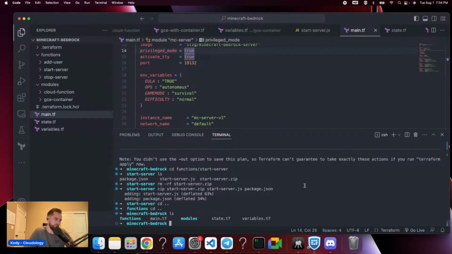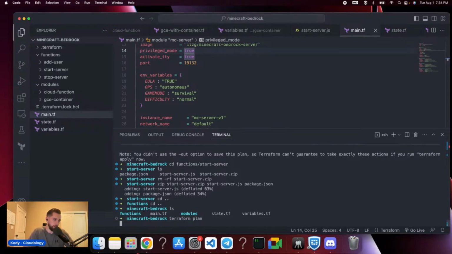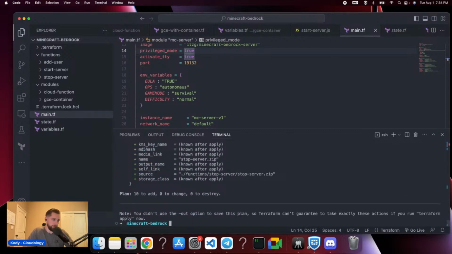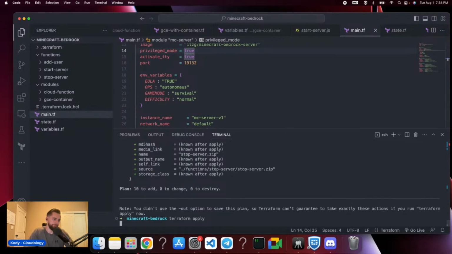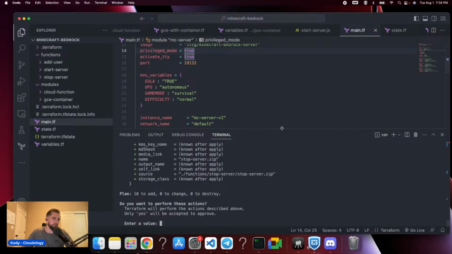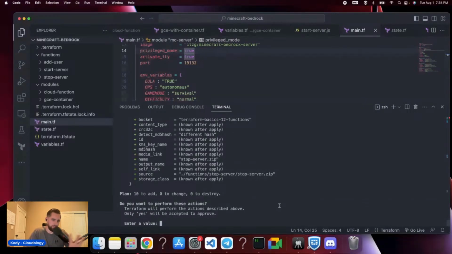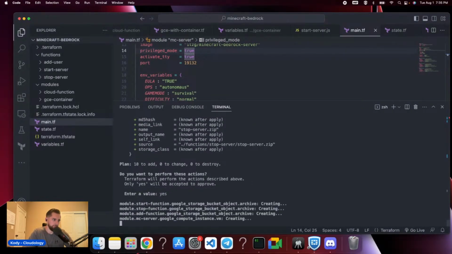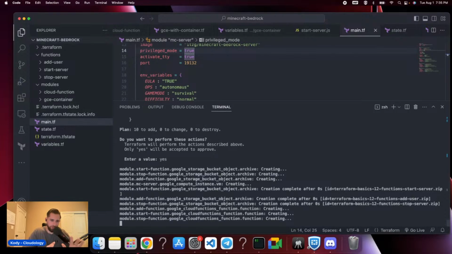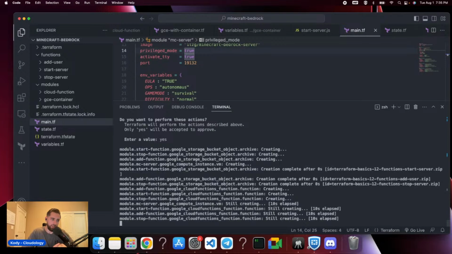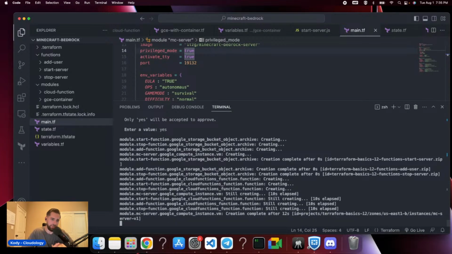Let's run and apply. Let's do another plan. All right, 10 to add, and then do Terraform apply. So ideally, we can add this and apply it, and this is just going to work. In a perfect world, this will actually work correctly. The VM takes a little bit to create. The functions also take quite a while to create. And then if we did the functions correctly, which I didn't test, which I definitely should have,